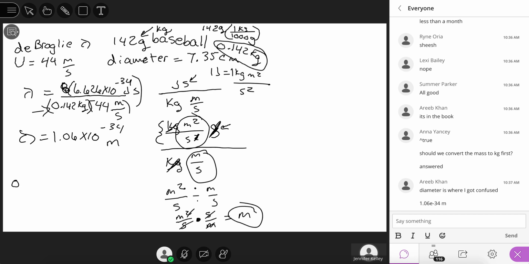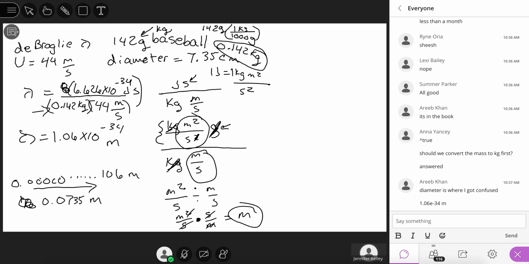That would be 0.00000, etcetera, until you get 33 zeros and then 106. So they want you to compare that to 7.35 centimeters, which is the same as 0.0735